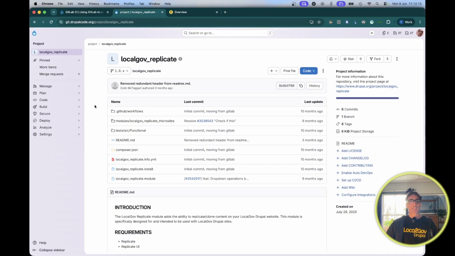So let's have a look at a project here. This is LocalGov Replicate, which I noticed doesn't have a GitLab CI file, and so isn't triggering any automated tests at the moment, which is a shame because it does have some automated tests to trigger. So following that